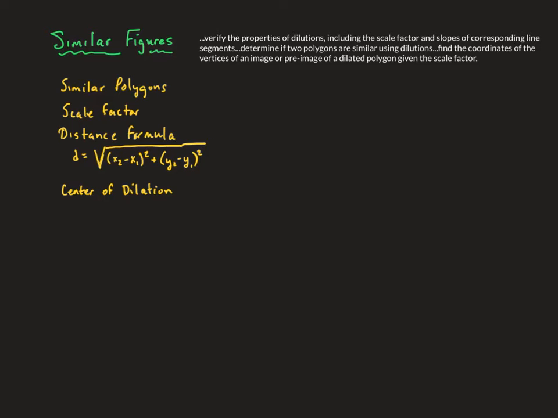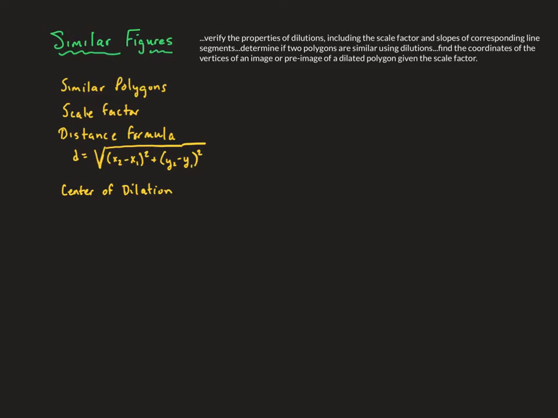So just keeping that in mind as we talk about similarity and these dilations, we want to remember that the lengths of the sides are proportional by a scale factor,